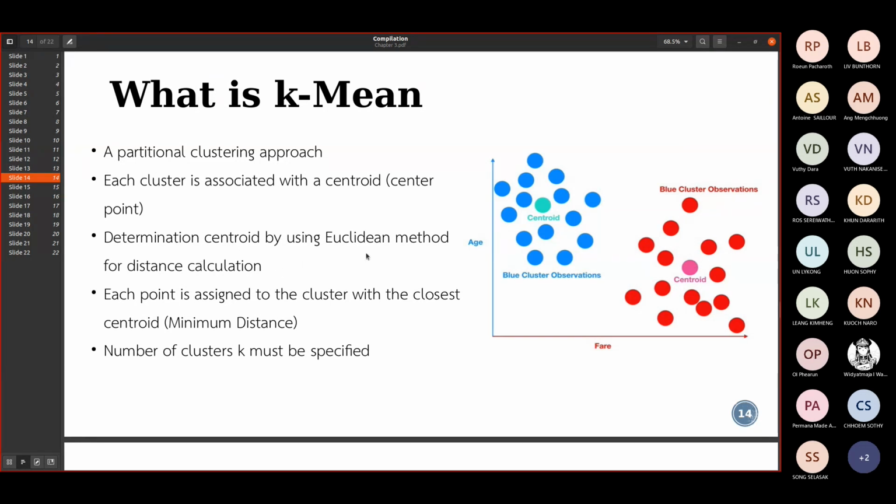Determination of the centroid uses the Euclidean method for distance calculation. So in this K-mean, we are also using the Euclidean method. Each point is assigned to the cluster with